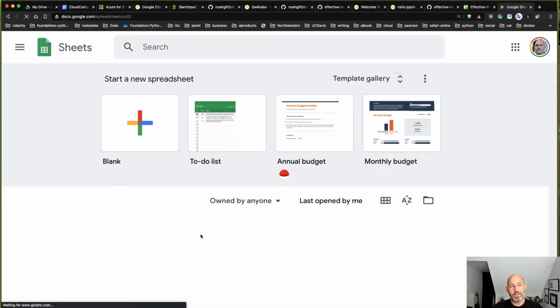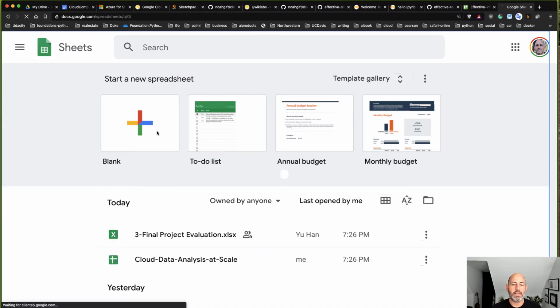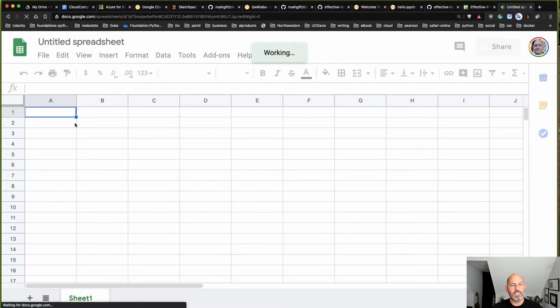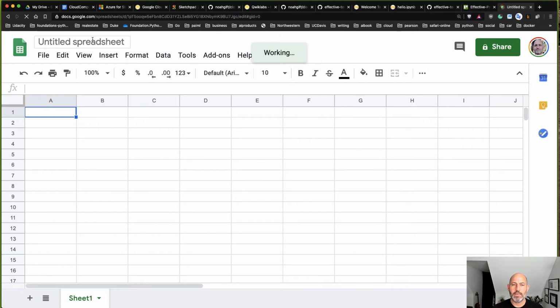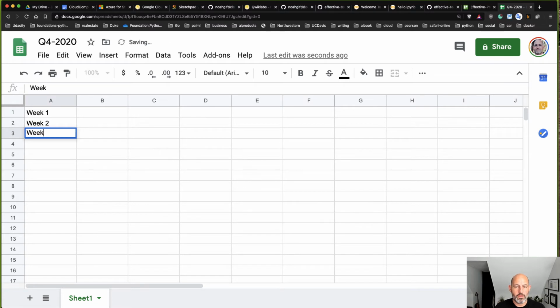One other thing, if you're building a quarterly or yearly plan for something, it's not horrible to at least brainstorm it a little bit and say, for example, Q4 2020, and maybe put the weeks in here, week 1, week 2, week 3, and then we could just say weeks,